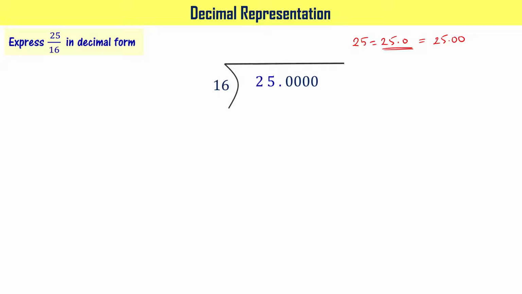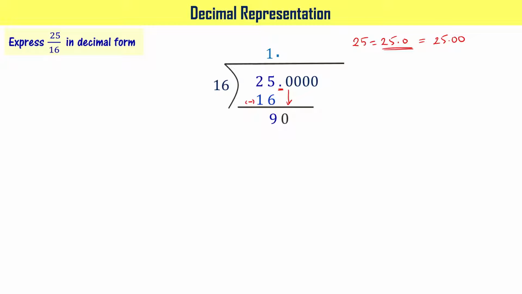As we have seen earlier, 16 times 1 is 16. Let's subtract that. When you subtract, you change the sign and then simply add: 25 minus 16 is 9, right? Now you observe the dot here. After 25 we have the dot, so we got now 9. Then in the quotient we have to put a dot, right? After doing that, we can bring this 0 down. Once I bring this 0 down, what we have is 90, right?